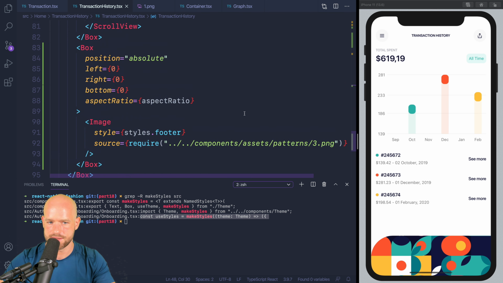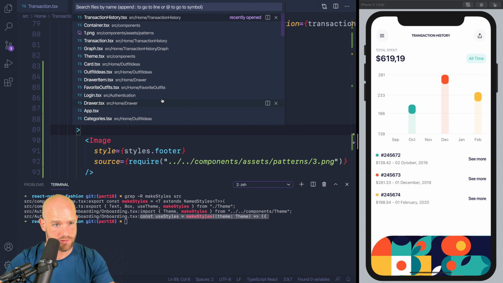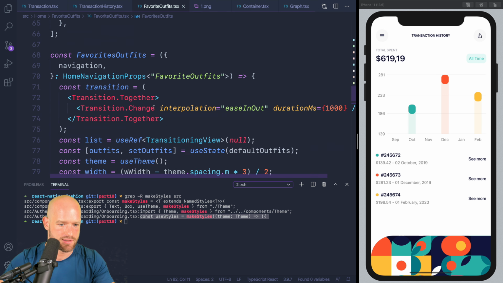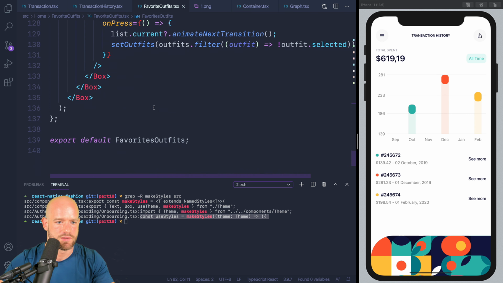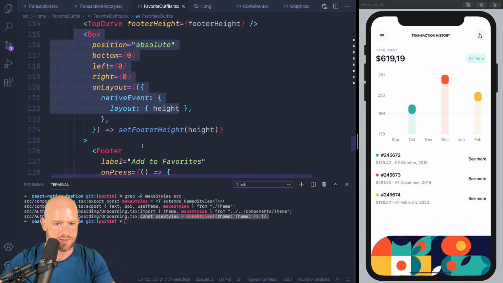And now let's add the top, which we did already in favorite outfits. So we have the footer here. So here we had actually a